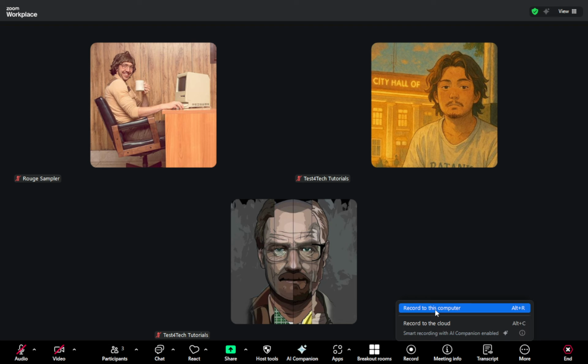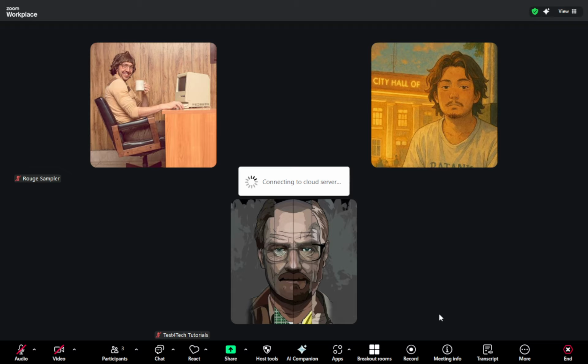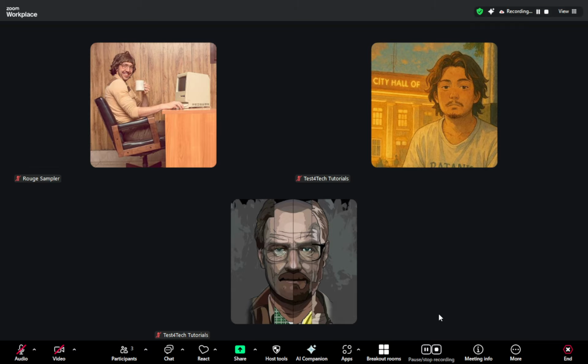Local recording keeps everything on your machine, which is great if you want immediate access and have enough disk space. Cloud recording stores it in your Zoom account online, which can be helpful if you'll need to access it from different devices. As soon as recording starts, a small red indicator and the word recording will appear so everyone knows